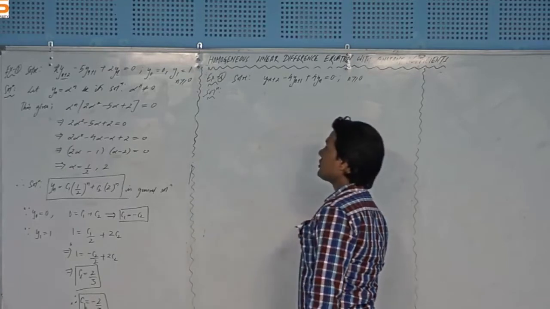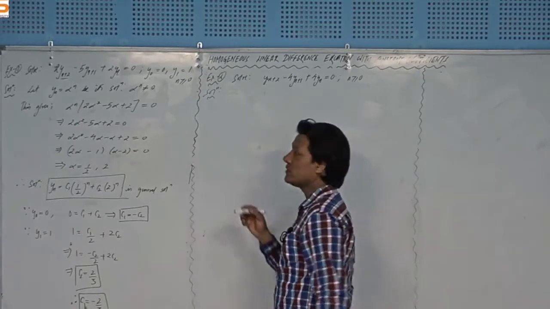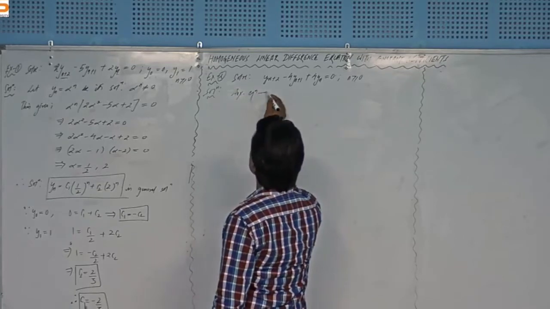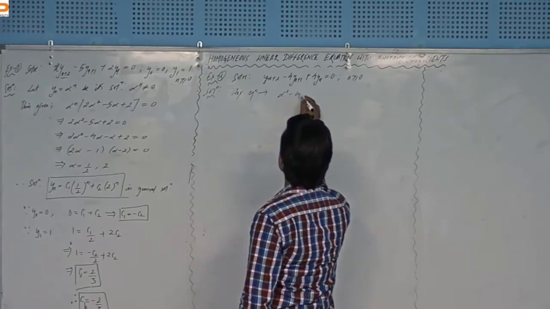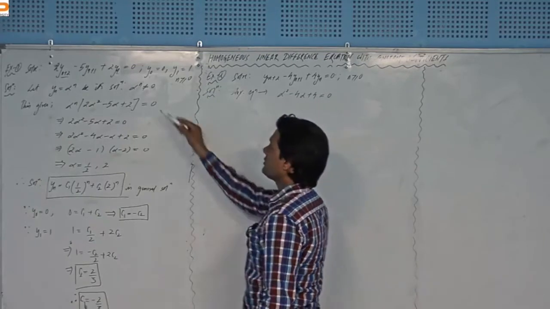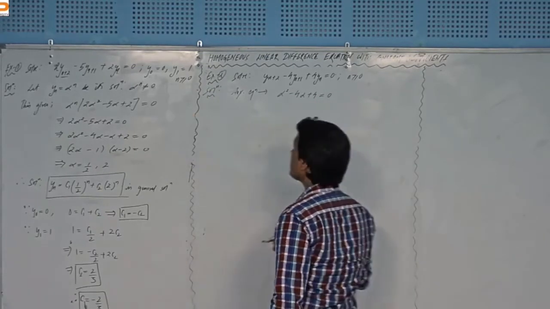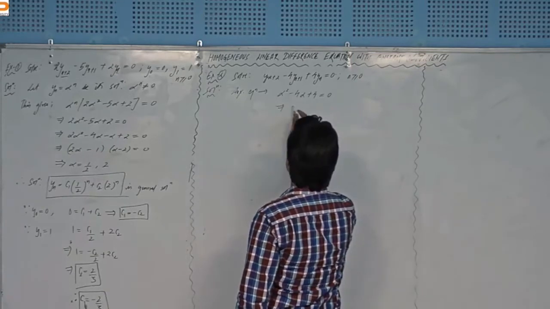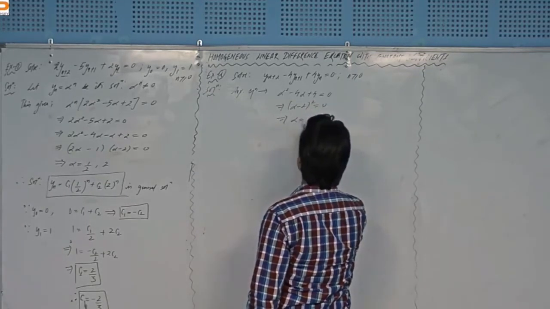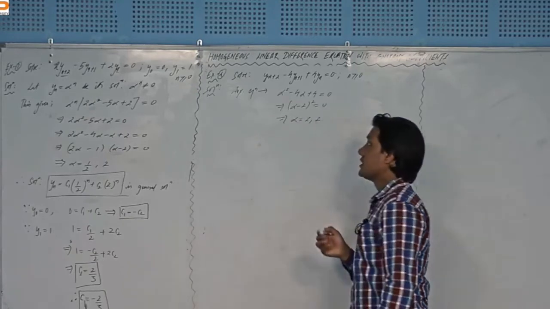Its auxiliary equation will be, I will write that equation directly. The auxiliary equation will be alpha square minus 4 alpha plus 4 equal to 0. I have skipped these steps. So that will produce alpha minus 2 whole square equal to 0, or alpha equal to 2, 2. So these are the repeated roots,